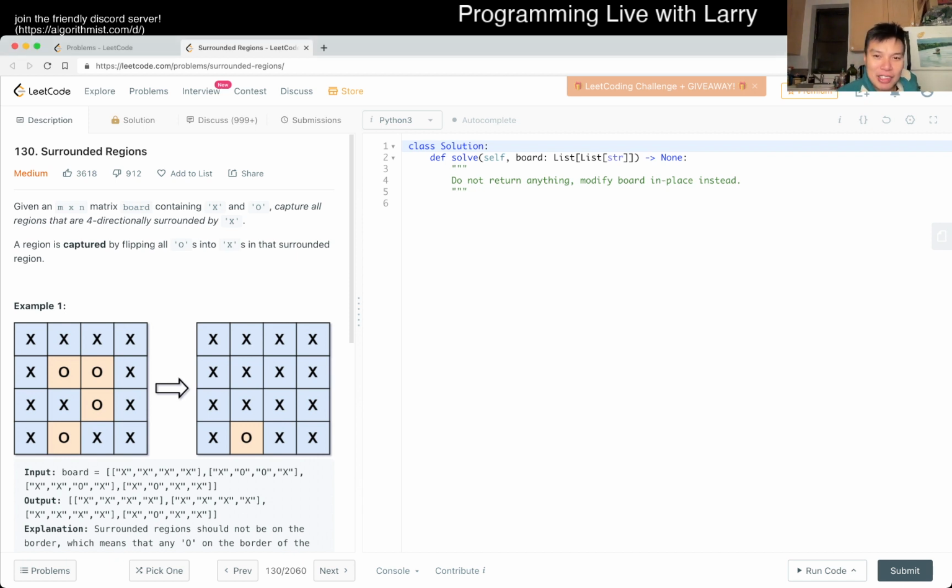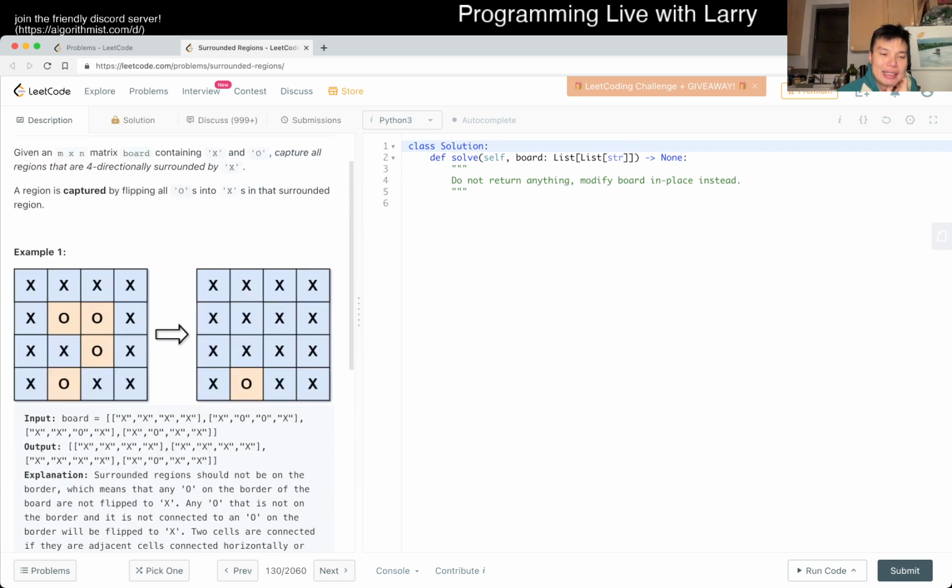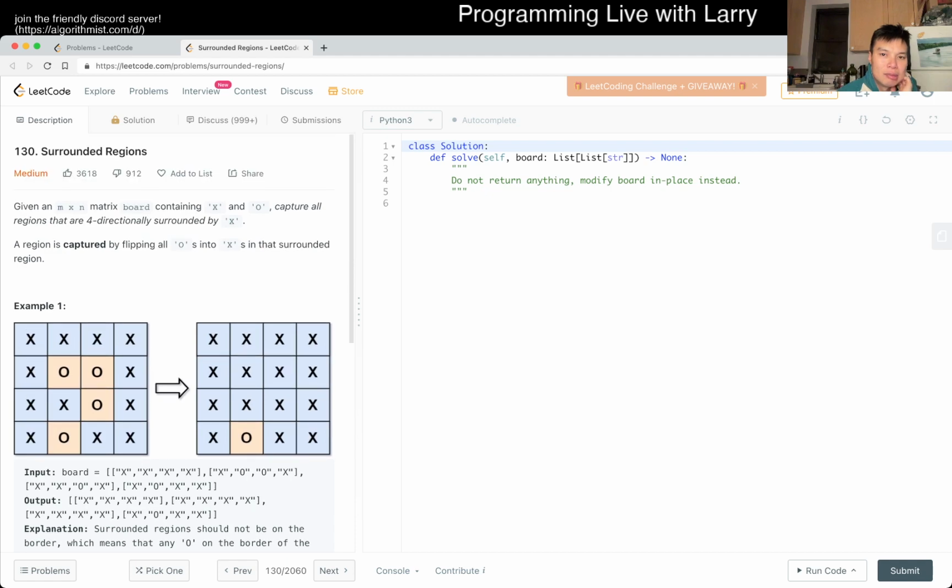Anyway, today's problem is Surrounded Regions. So given an M by N board, capture all regions that are 4-directionally surrounded by X. Okay. So for these problems, one thing that I would say is,